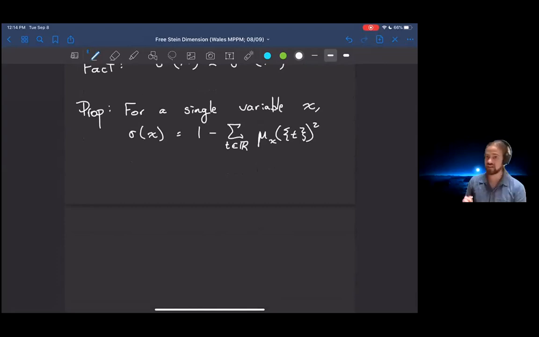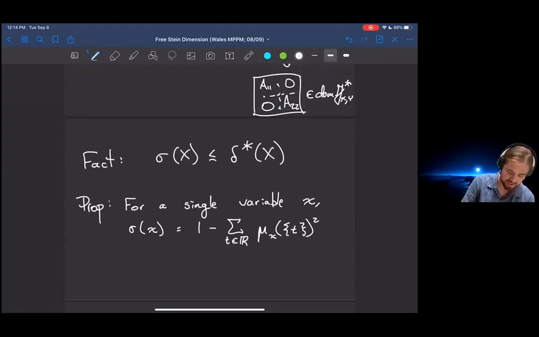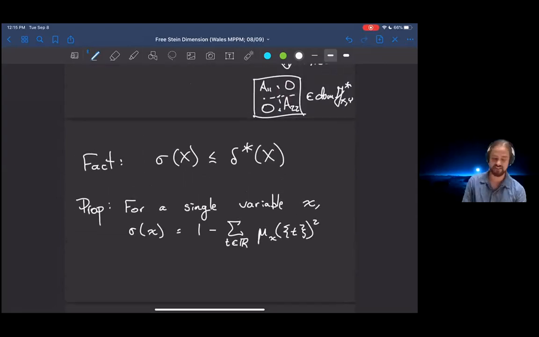And to briefly give you an idea of how you actually honestly compute something like this, well, from this relation with free entropy, it's known that this quantity on the right-hand side is exactly the free entropy dimension of a single variable. And so we have an upper bound on Stein dimension based on that relation. And so we only need to bound it below to actually compute this value. And bounding Stein dimension below is the same as bounding Stein irregularity above. And so really our goal is to show that the Stein irregularity is bounded above by this sum over atoms in the spectral measure.